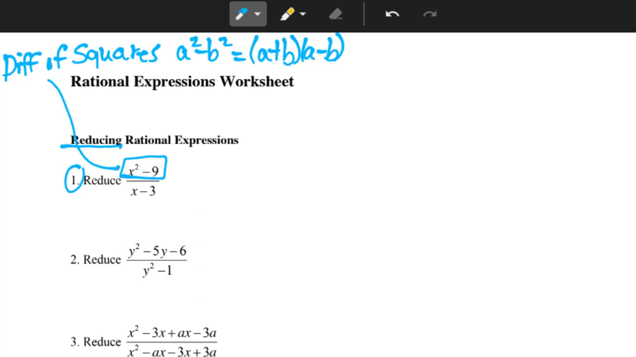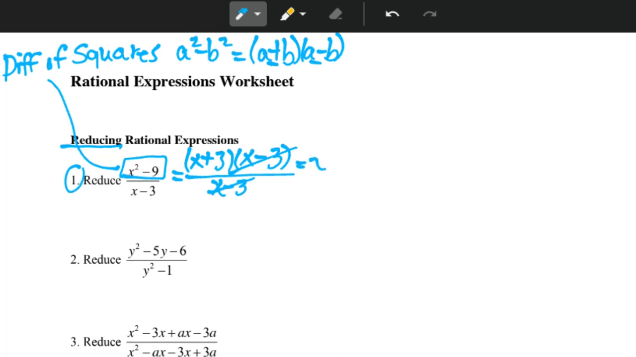So for this problem, I would factor the numerator. The square root of x squared is x, and the square root of 9 is 3. And notice my factoring pattern has a plus for one binomial and a minus for the other. So x plus 3 times x minus 3. Then I'll carry the denominator over, x minus 3. And I notice I have some common factors. So x minus 3 is a common factor with x minus 3, so I can divide it out